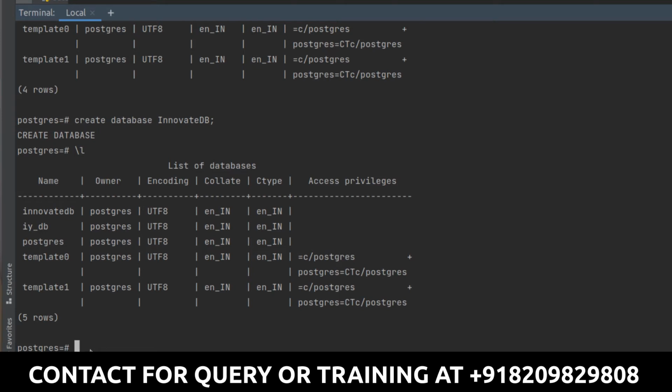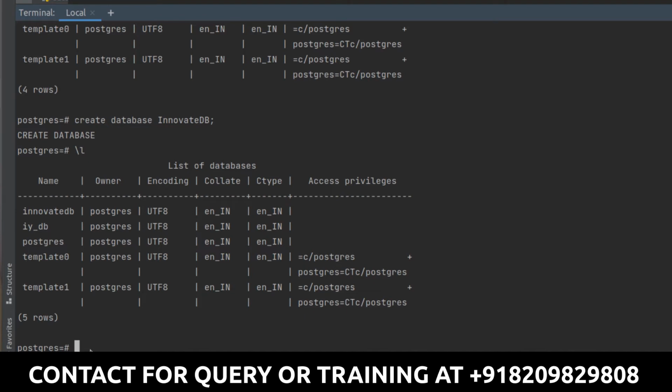Relations is like just a table, right? In MySQL or in any other database, you must have understood the same thing with the name table, that you have a table, in that you will be storing your data. But in Postgres we have relation instead of table. So this is what it is, and that is why we are calling it a relation, right?